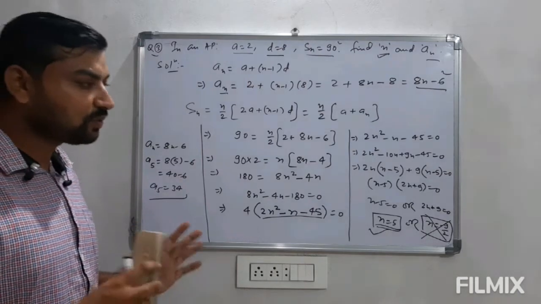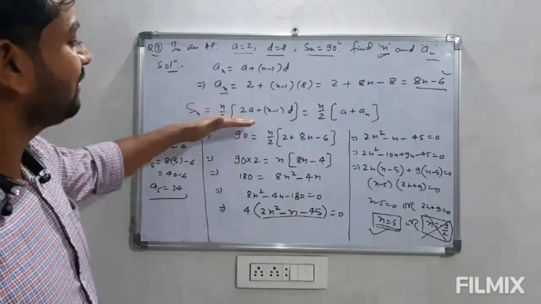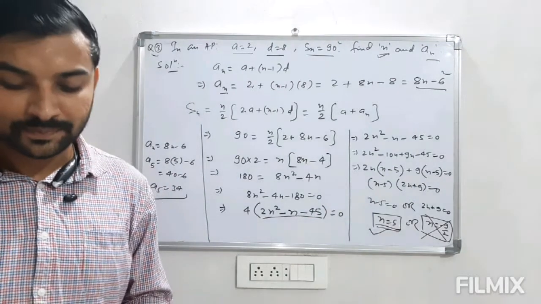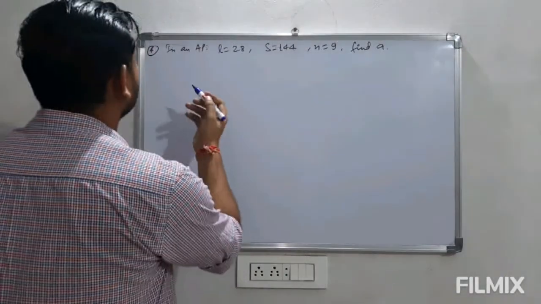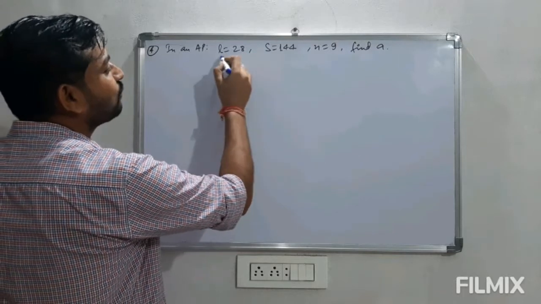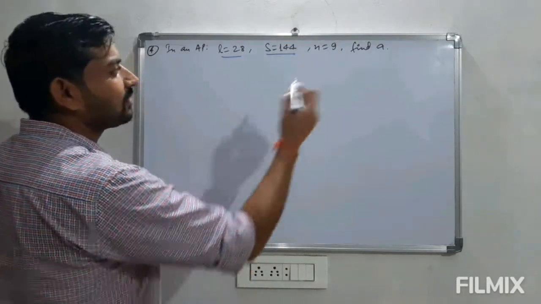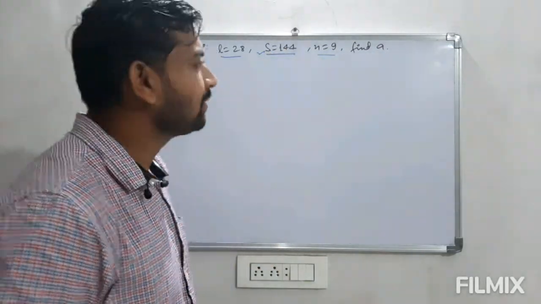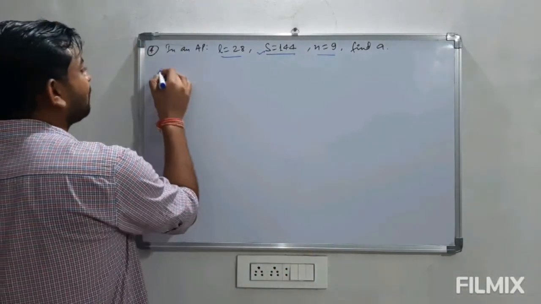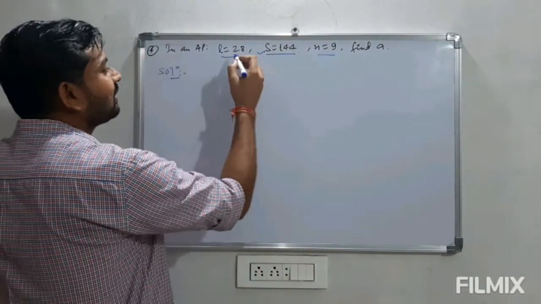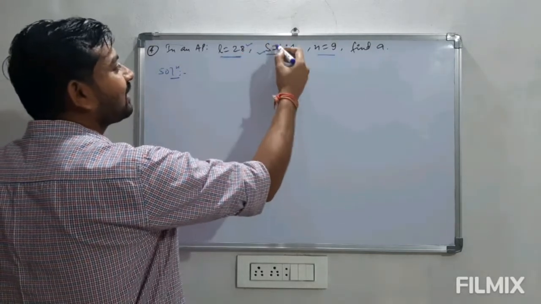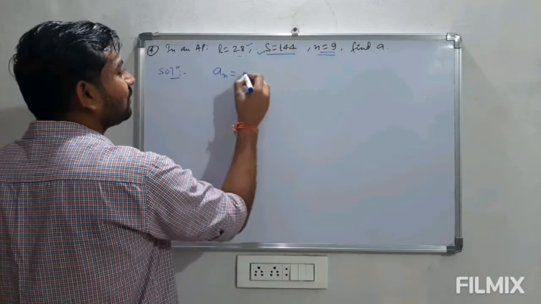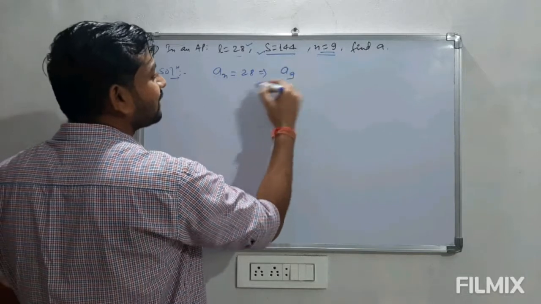So this is how we solve these kinds of questions where we get a quadratic equation to find out the remaining things in the question. Here I am taking one more question. The fourth question is: in an AP, the last term is 28, the number of terms is 9 and the sum of the first 9 terms is 144. We have to find the value of the first term. So clearly we have two pieces of information here. Basically the main information is L and S, and the number of terms is n, so we can clearly write an is equals to 28, which is nothing but a9.